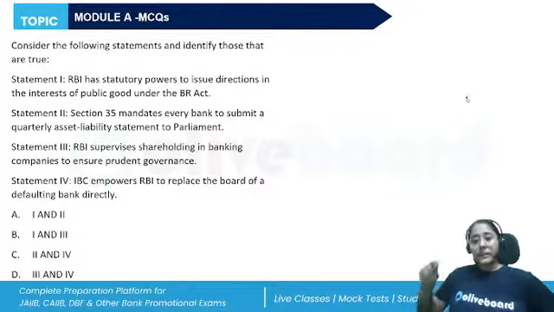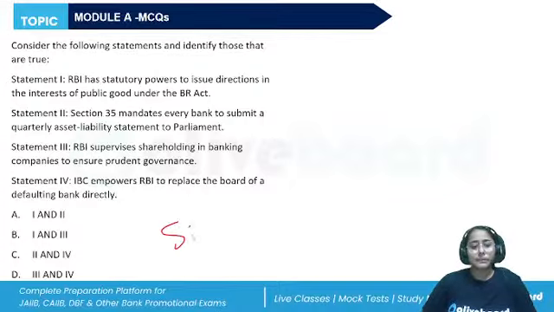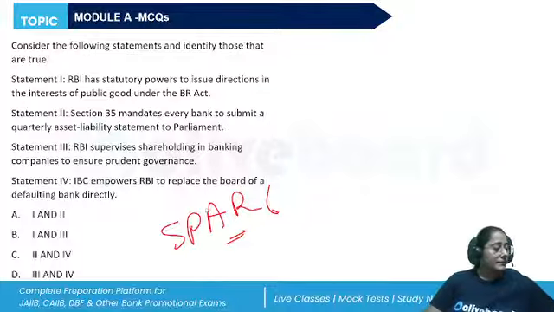If you remember the Banking Regulation Amendment Act of 2017, it added two new sections, 35AA and 35AB, which authorized RBI to issue directions to any banking company, and to initiate the insolvency resolution process in case of default, along with the supervisory program on assessment of risk and capital, the SPARC. All of these powers are there. So what will be the correct answer? Which statements are correct?